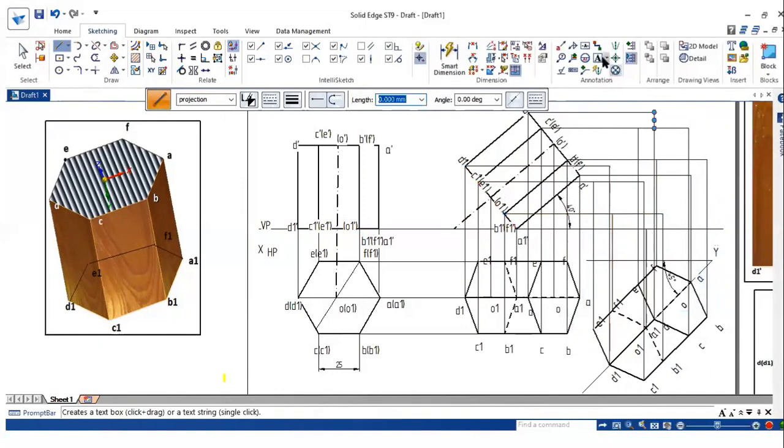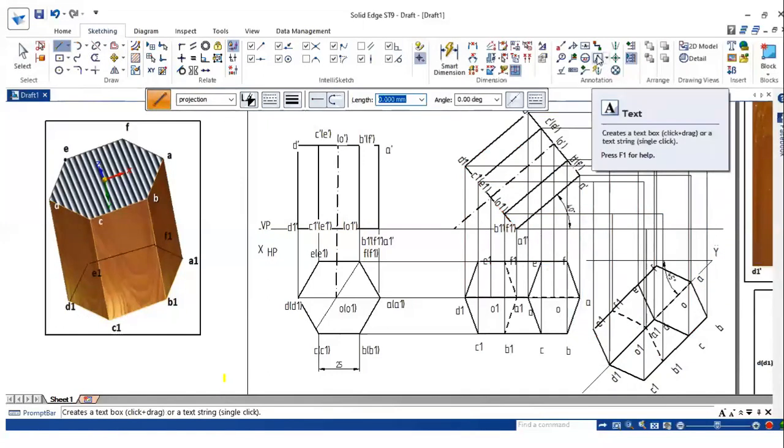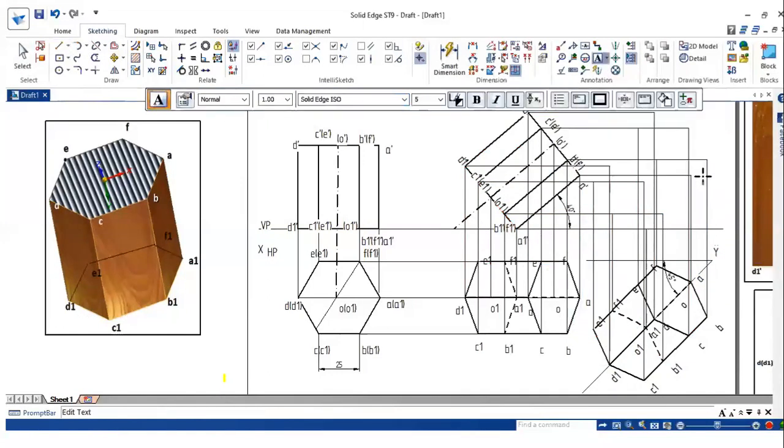Okay, now name everything. So A is here. This is A dash. B, this is B dash. C, C dash.